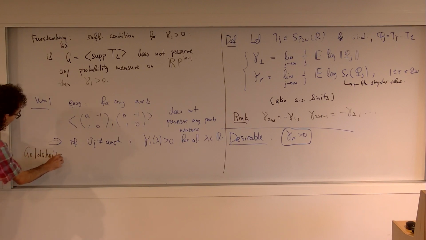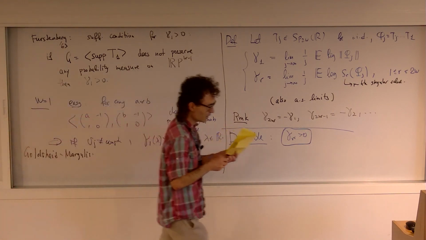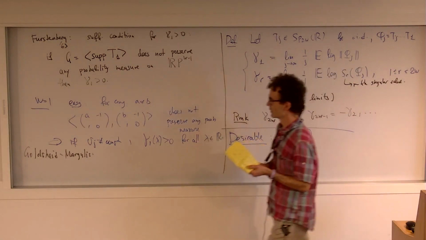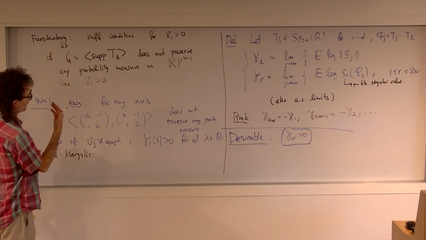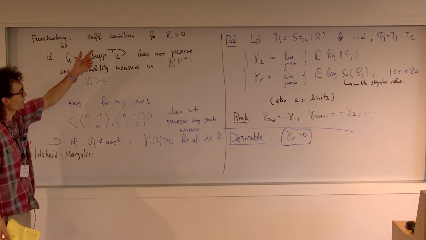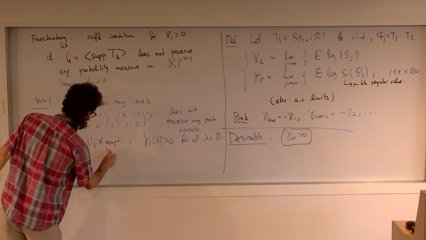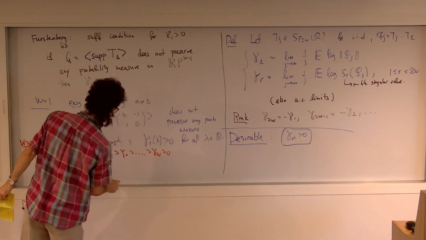Goldsheid and Margulis, for W greater than 1. We want to ensure that gamma W is greater than 0, but in fact they provide a sufficient condition which ensures that all the exponents are different from one another, so gamma 1 is greater than gamma 2, greater than gamma W, greater than 0, provided